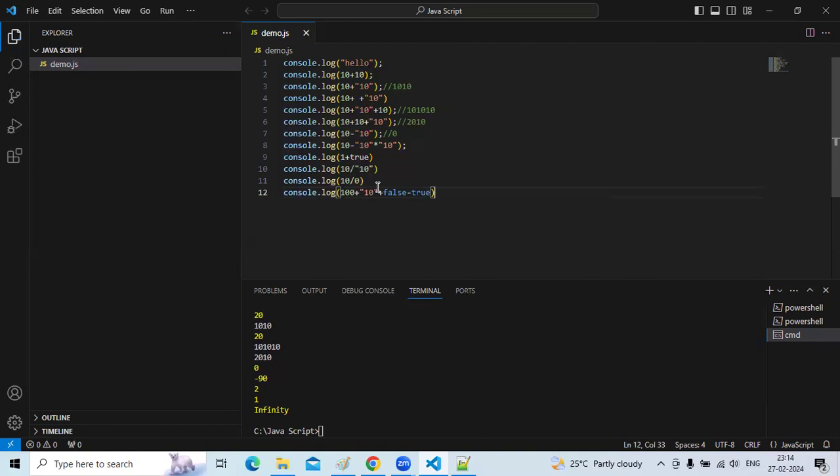See, here the first value is 100, the second value is 10, but it is a plus symbol right here. So the number and string is concatenated. The value should be 110. Now again we are adding with false. False means 0. Now again minus. True means 1. What is the value? See the result.